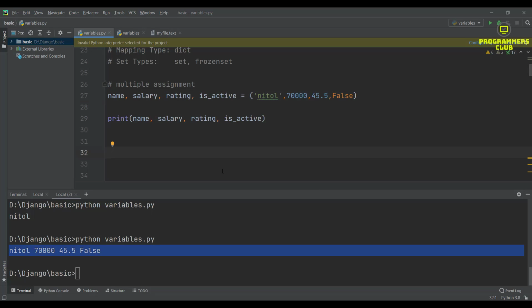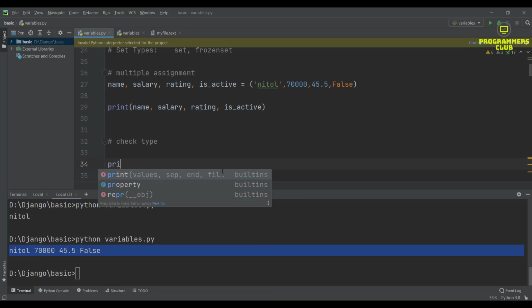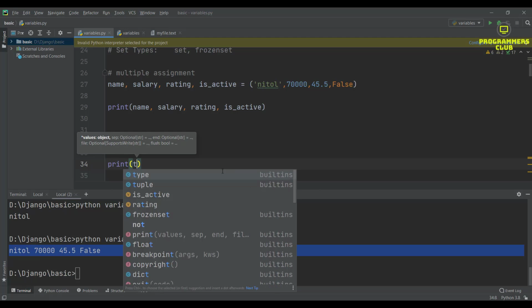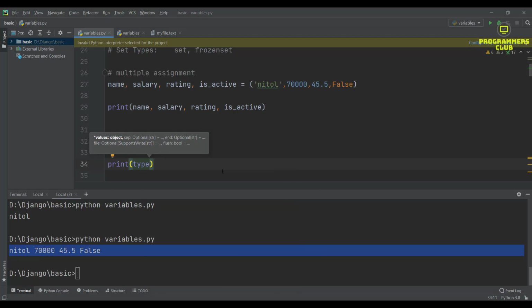If you want to check the type, I just print, and in print I type type, and in parentheses I type my variable name, and run here.